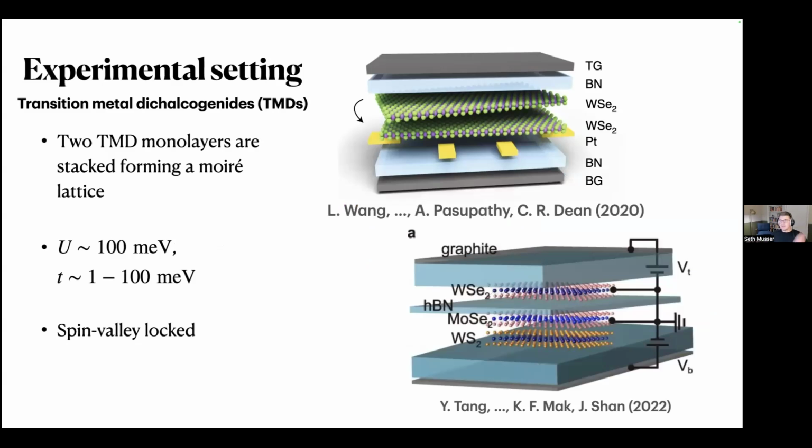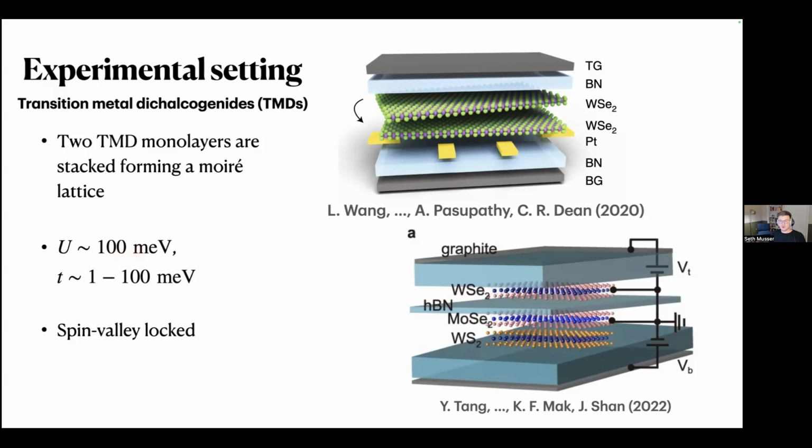And let me just specialize a little bit and talk about a very specific system, the transition metal dichalcogenides, or TMDs, I'll refer to them. So specifically, I want to consider TMDs which form a Moiré lattice in some way. Whether that's a homobilayer, which is twisted, so you get a Moiré lattice from the twist, or a heterobilayer where there's some lattice mismatch. But whatever the case, these Moiré TMD setups often have very strong